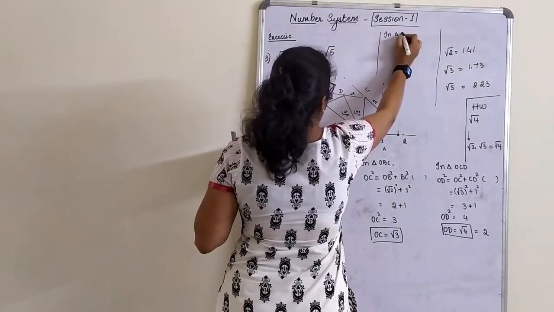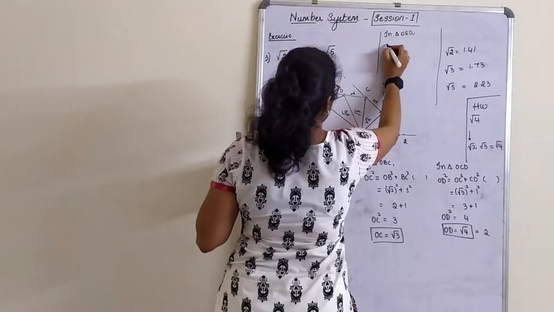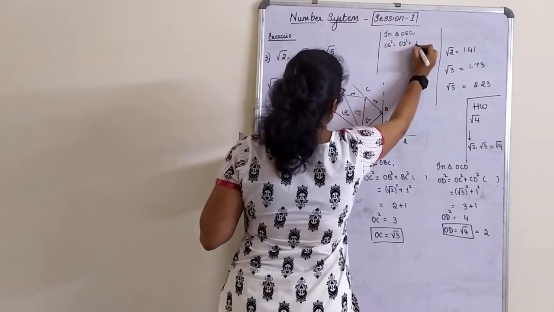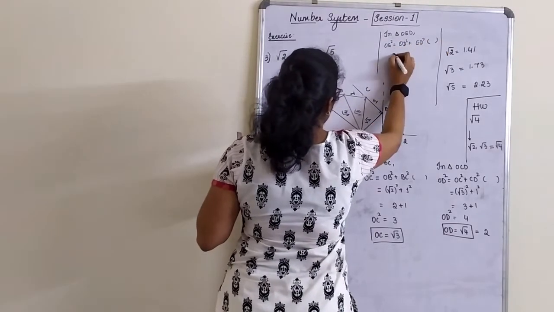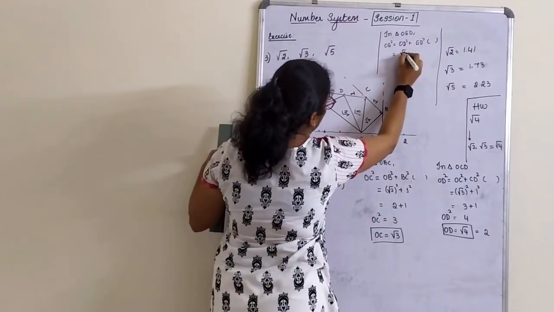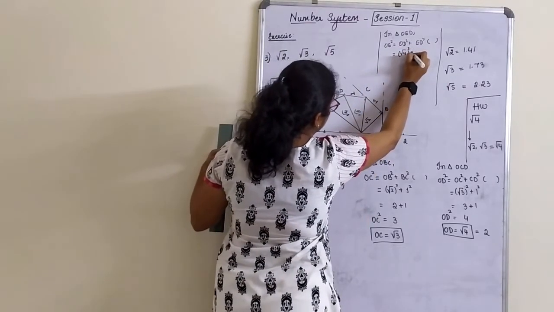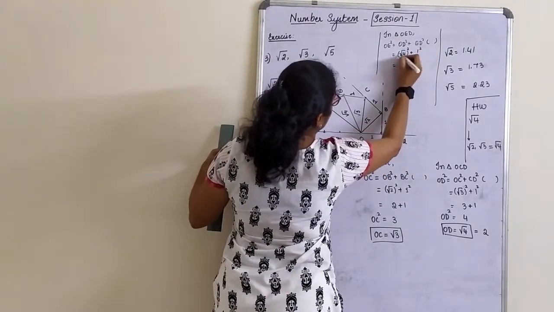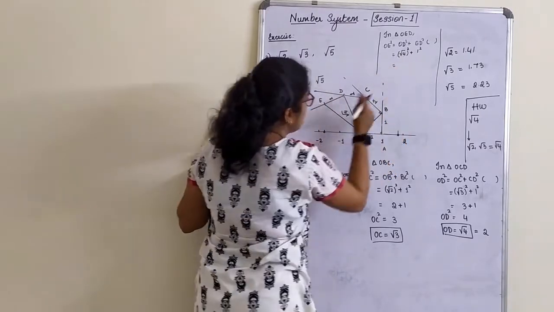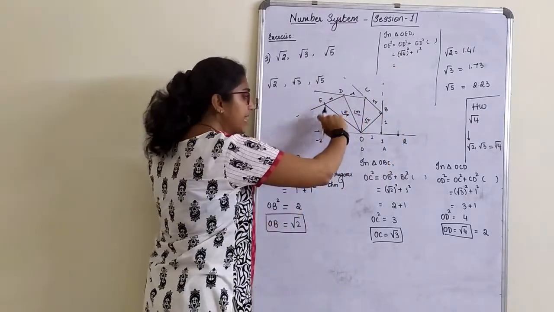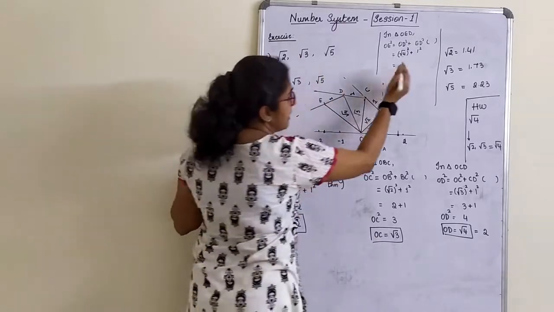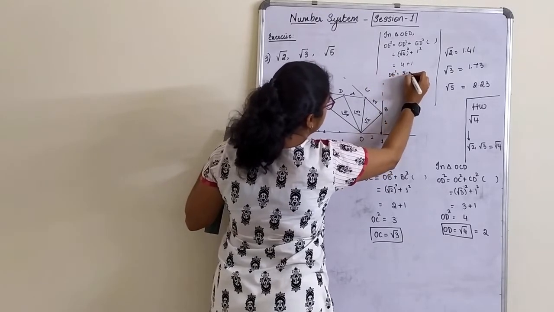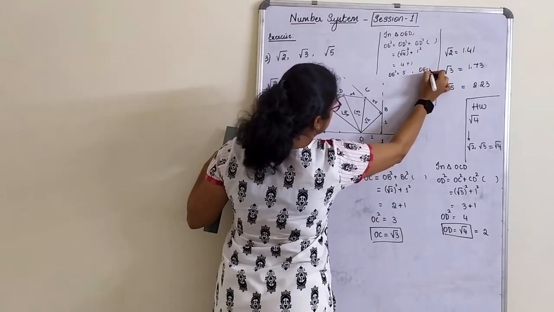In triangle OED, angle D is 90 degrees. So OE square is equal to OD square plus ED square, Pythagoras theorem. OD square is how much? Root 4 whole square plus ED square is how much? 1 square. The square root and the square will get cancelled. So if you take the square root of 4 as 2, it will exactly cancel, and 2 square is 4, it comes the same. 4 plus 1, OE square is equal to 5. OE is equal to root of 5.